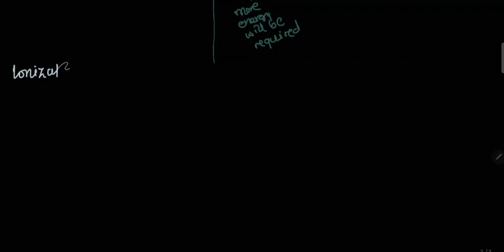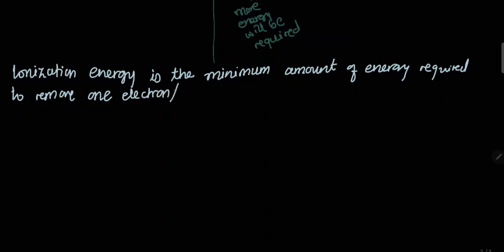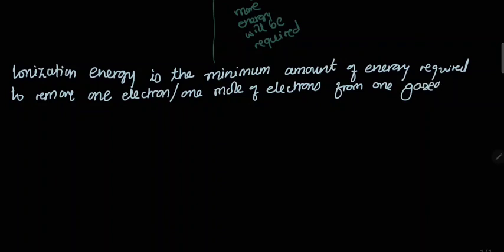Ionization energy is the minimum amount of energy required to remove one electron from one gaseous atom, or 1 mole of electrons from 1 mole of gaseous atoms,